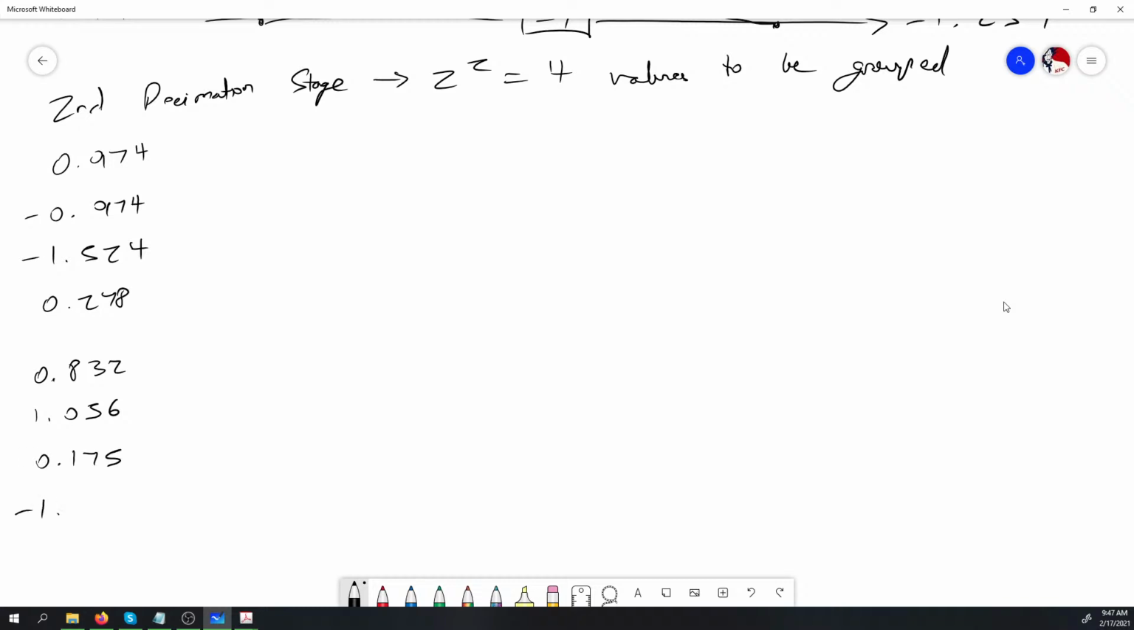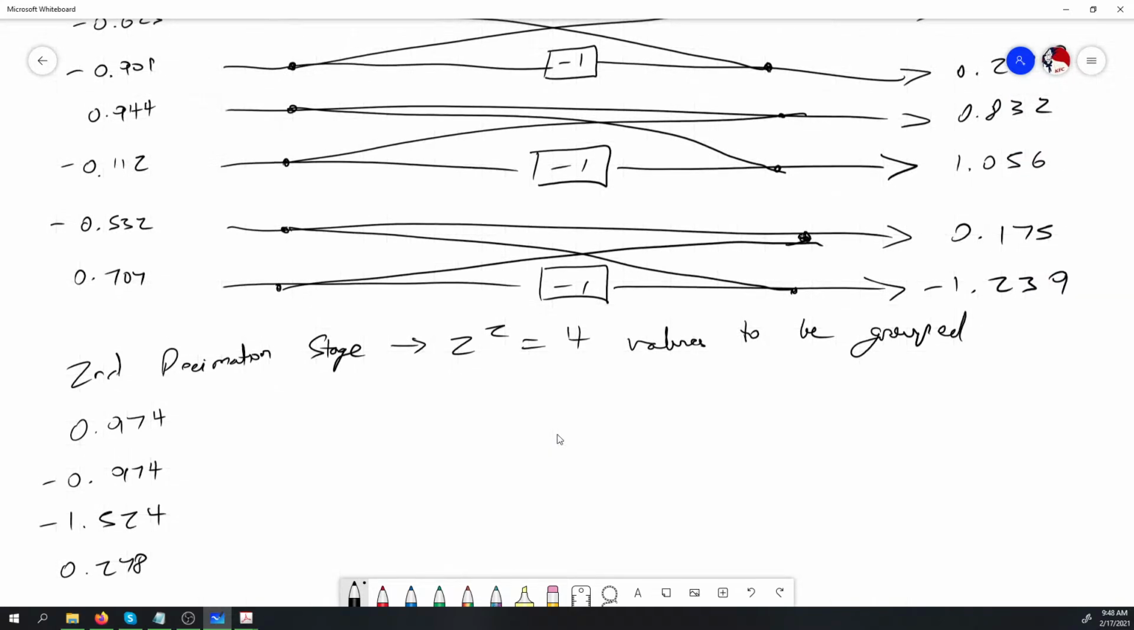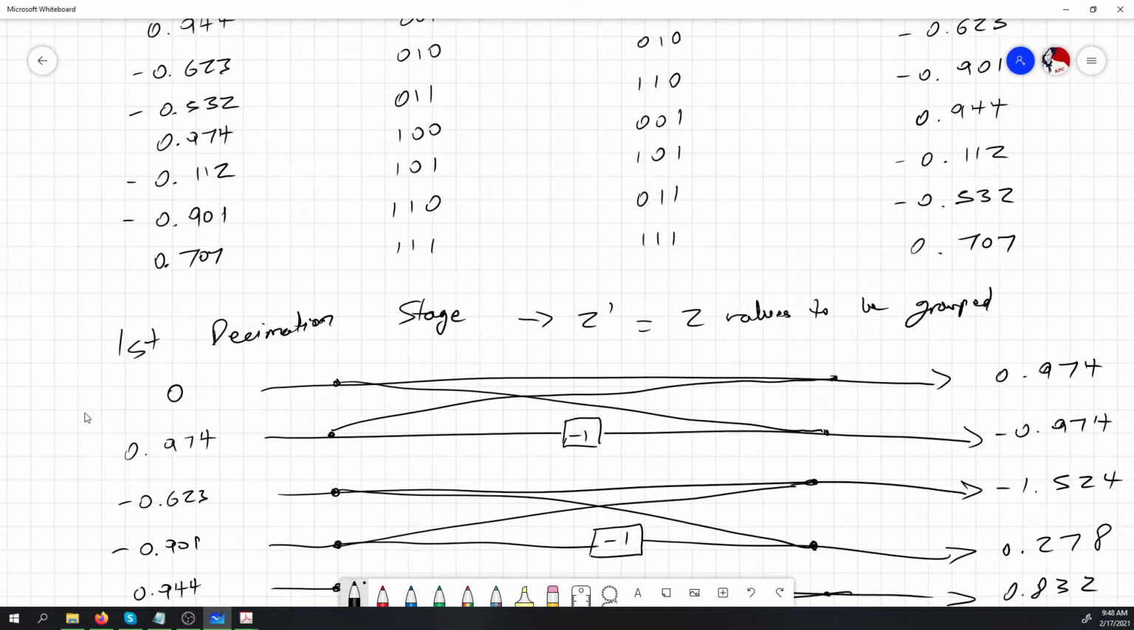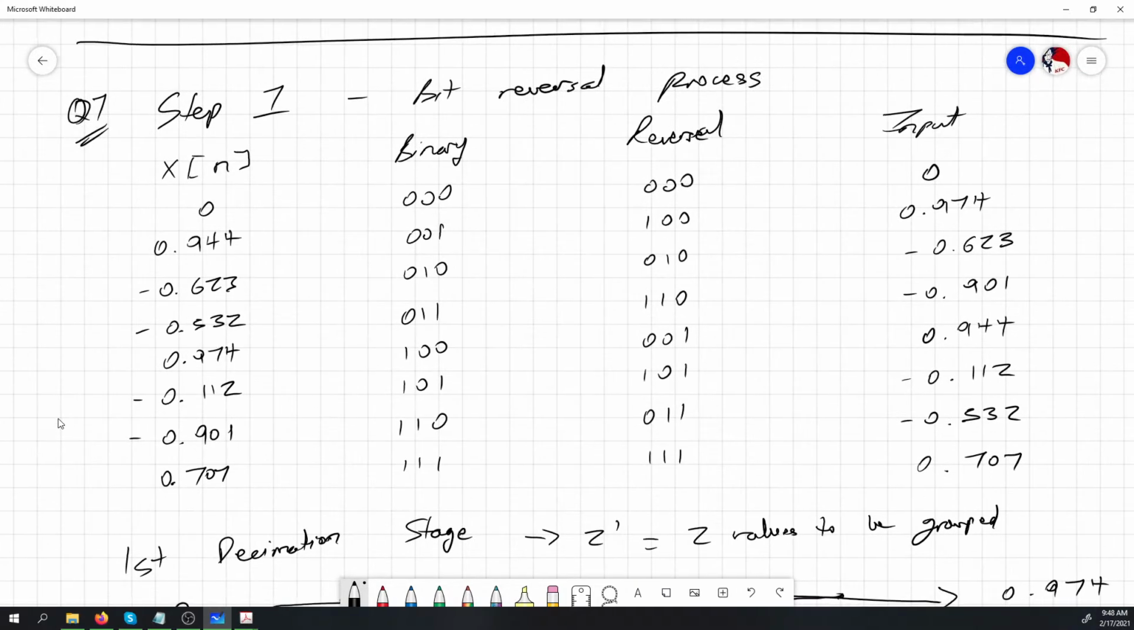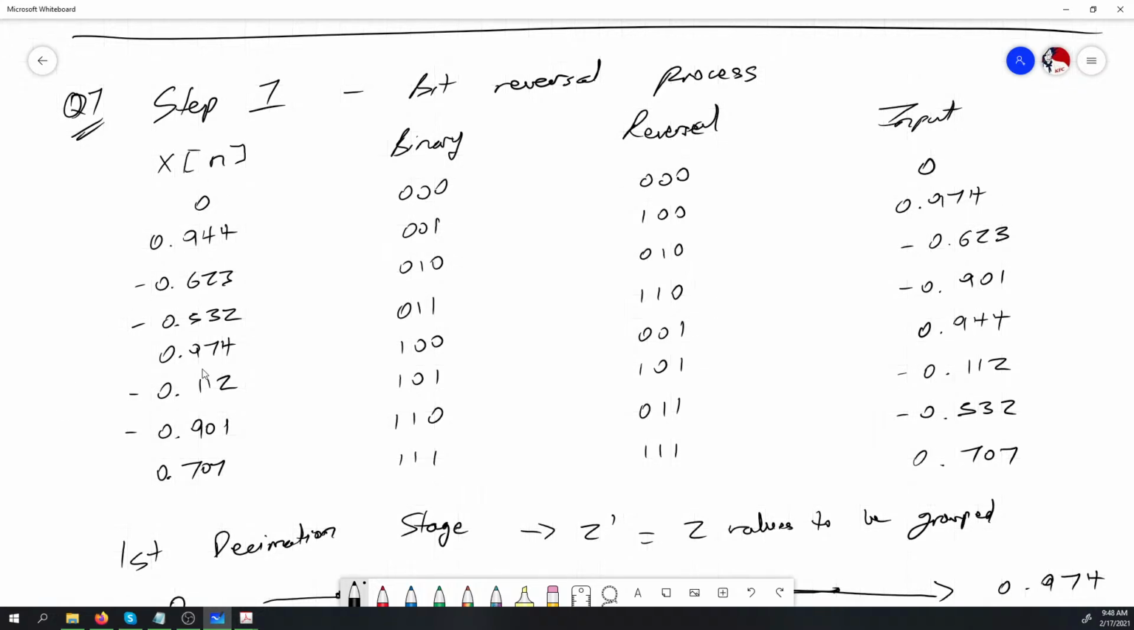5, negative 1.239. And note the spacing that I have here in particular, because we'll be grouping every 4 values as required. Now, one thing to note in particular is that I know that this FFT here has 3 decimation stages. The reason is that the input sequence here had 8 values, and the closest power of 2 is 2 to the power 3. Because that index power is 3,